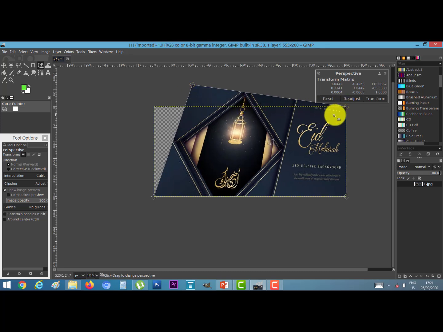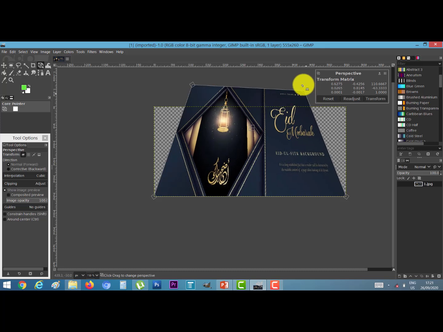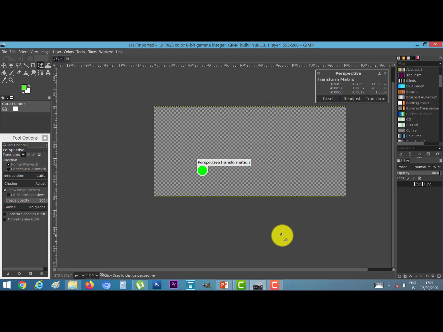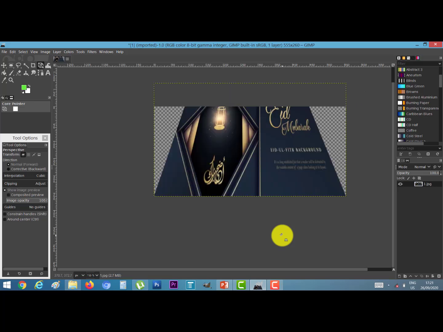Release the mouse. Then go to next point, click it and drag the mouse and release the mouse. Press the enter key. Your picture will be changed. This tool is perspective tool.